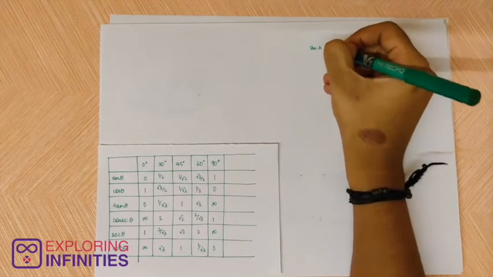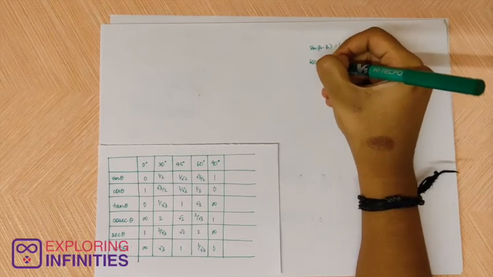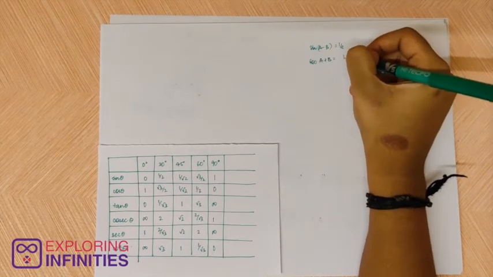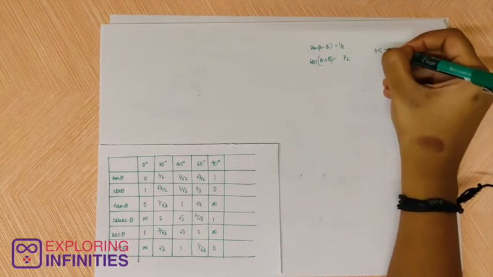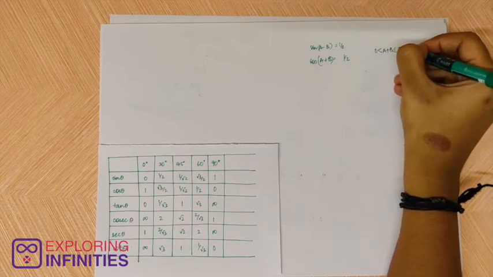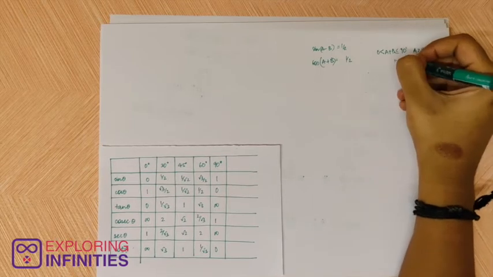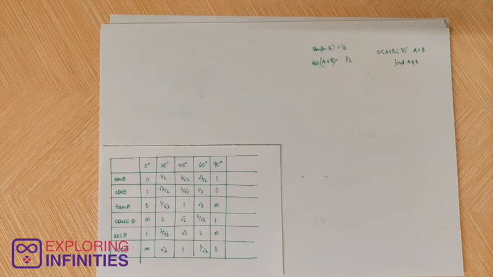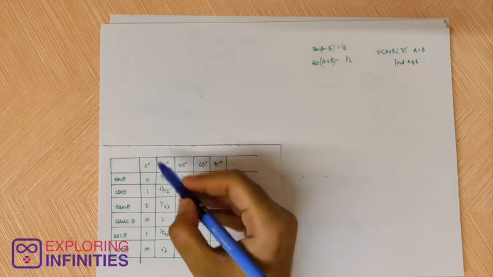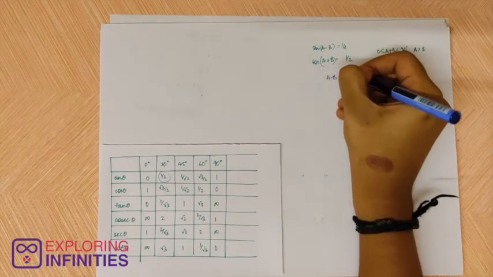Right? So now let's do another question. Sine A minus B is equal to 1 by 2 and cos A plus B is equal to 1 by 2 and 0 less than A plus B less than or equal to 90 degrees, A greater than B. Find A and B. So how will you go about this? So sine A minus B is 1 by 2. So A minus B is 30.